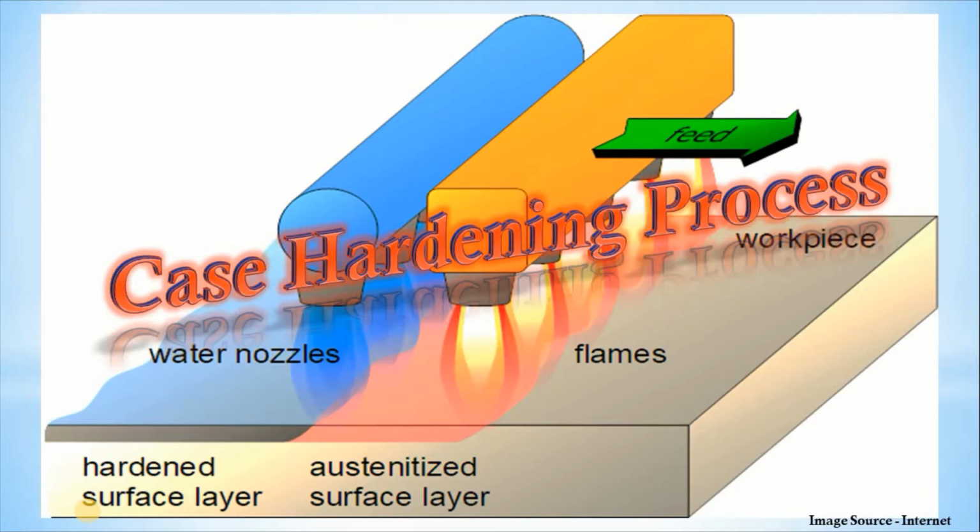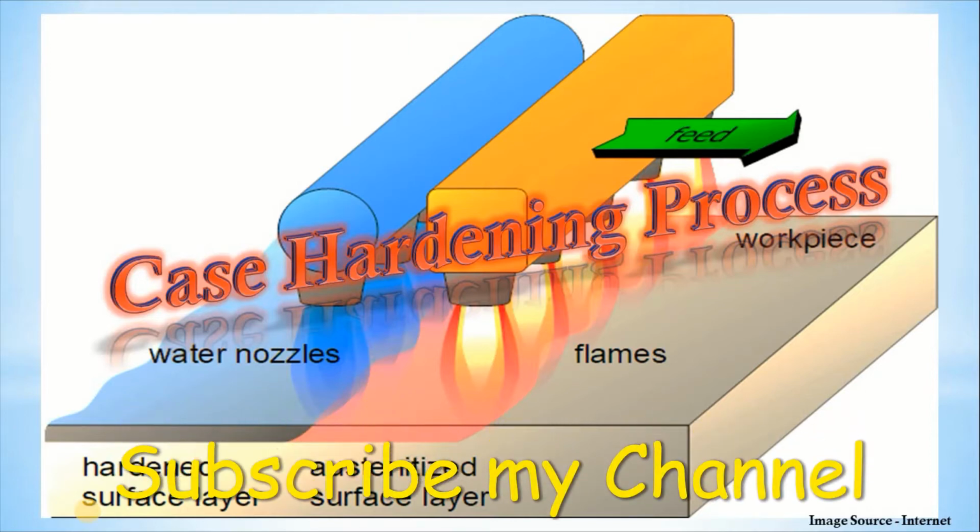If you see the difference between surface hardening and case hardening, the biggest difference is that case hardening creates a thin layer on the surface, and surface hardening hardens the outer surface and keeps the core soft throughout the entire process. So that is the difference between surface hardening and case hardening. Case hardening creates a thin layer on the full surface and surface hardening hardens the outer surface while the core remains soft.